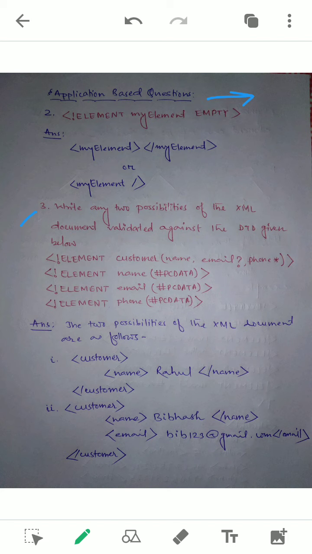So you just note down in your book these 2 answers, already given, number 2 and number 3. And question number 1 you have already done, the XML tree was given, so 1, 2, 3 are already done. Okay, you can note it down in your notebook. So this is the question.